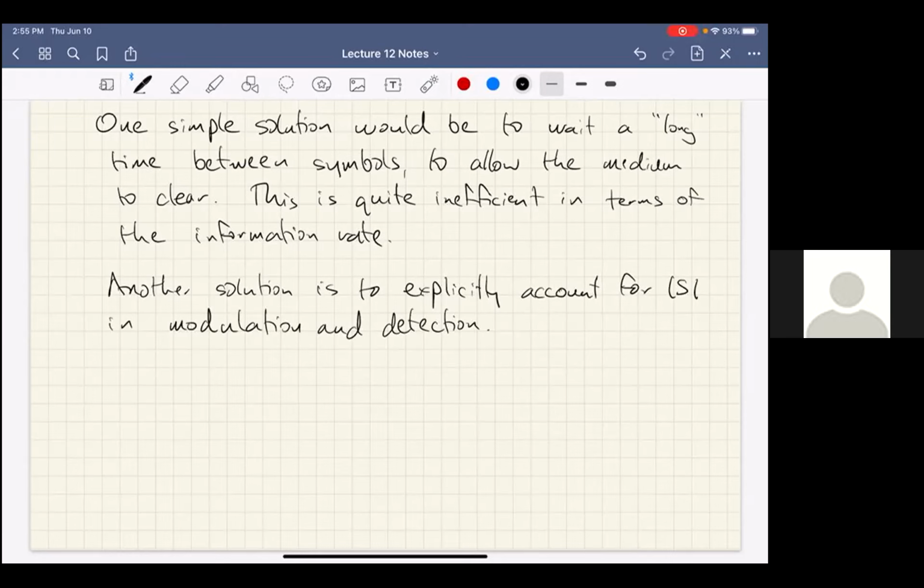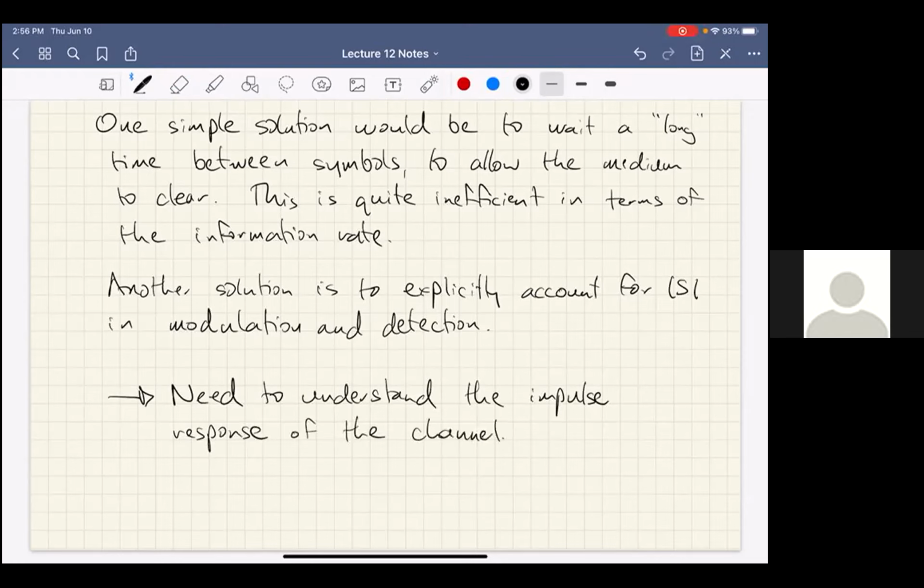And what we're going to do, just to get a handle on the problem, the first thing to do is to understand the impulse response of the channel. All right, so in order to do that,